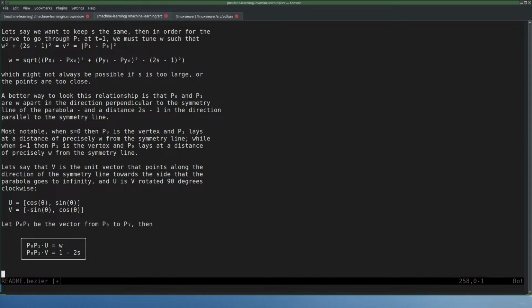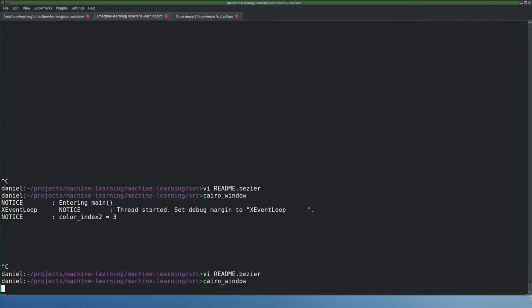So projecting it onto U gives you W, and projecting it onto V gives you 1 minus 2S. And then you can make some special notes about where everything is when S has a special value, but maybe not that relevant actually. Now to answer Ultimate's question, what I'm really trying to do is